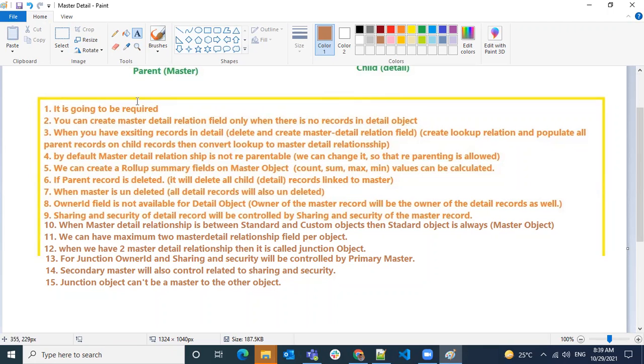Okay, if we don't have this restriction, these two will not be applied. Reparentable, this is also not an option. You can always reparent lookup relationships. There's no restriction. The first one, required field: you can opt to make the lookup field required, but by default, it's not a required field. For lookup fields you have control whether you make it required or not. Functionality-wise, it's not a required field.